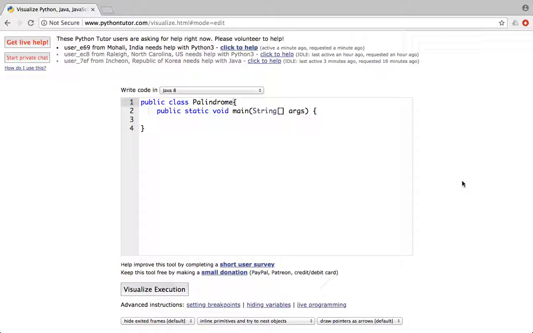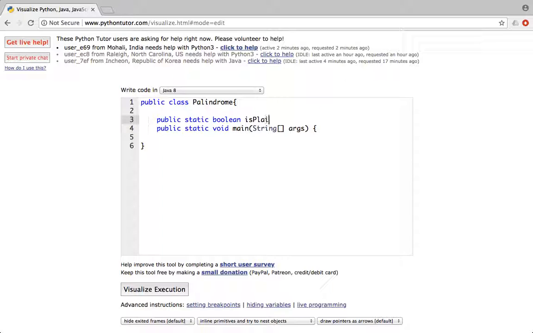In this video, I'm going to show you guys how to write code to check palindrome words. For example, mom and then kayak. So let's get started. My class name is Palindrome, and I'm going to write a method which takes a string and returns a boolean to check if it's a palindrome or not. So public static